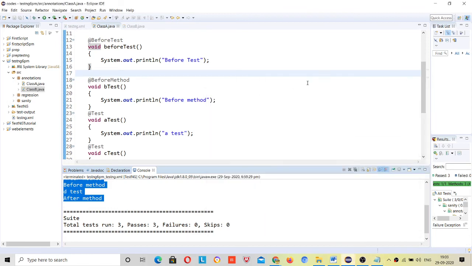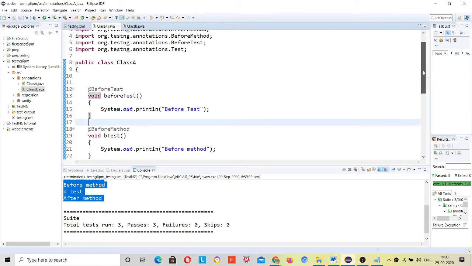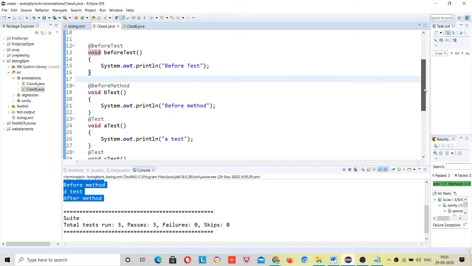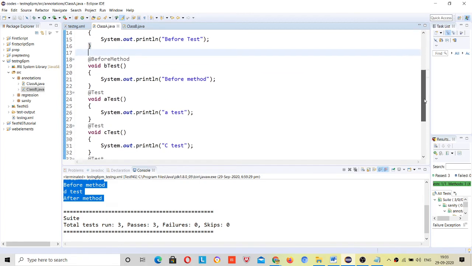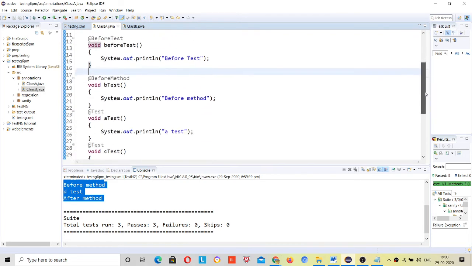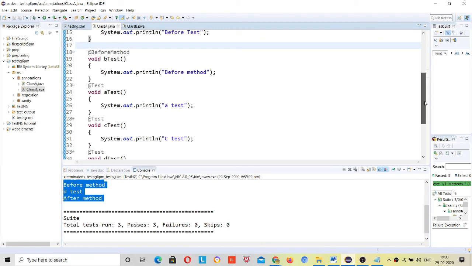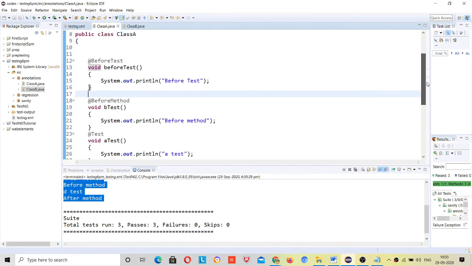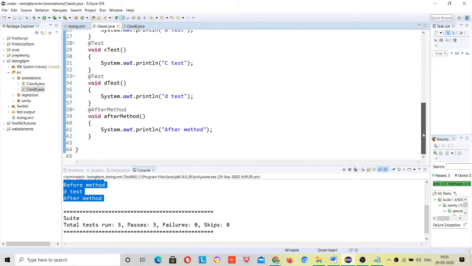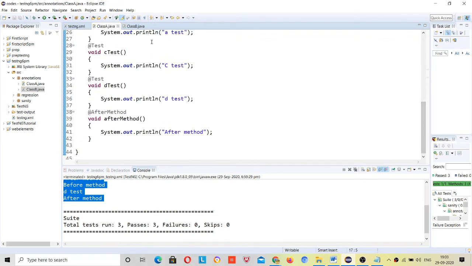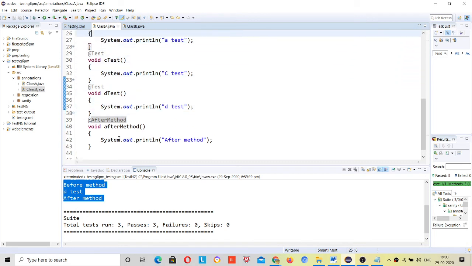Now see, after running these methods, it will check for any after test, sorry, after class. No, there is no after class present. Then it will check whether there is any after test. No, there is no after test annotation present. Then after suite will be at the last. After test, by mistake I said, but after test will be checked once each and every class is completed. It will check here for after class, right?